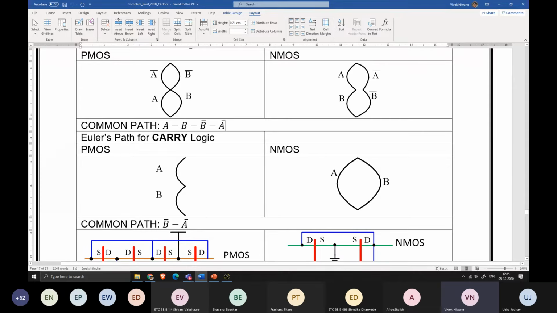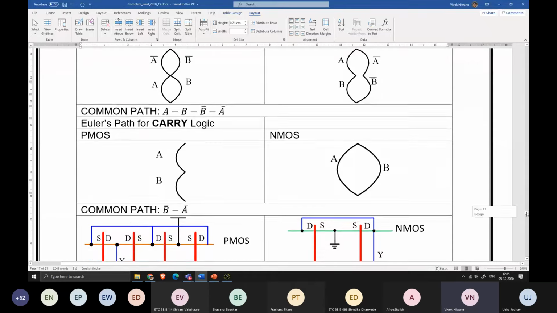ओके, A bar B bar B A, definitely I can go for it. Okay, do remember that very important rule is you can travel one path, one line only once. अगर A को आपने एक बार ट्रैवल कर लिया तो फिर से आप A के थ्रू नहीं जा पाओगे। ओके, every line, every node can be traversed only once, तो उससे आप कॉमन पाथ निकाल सकते हो। अभी यहाँ पे मैंने A B B bar A लिखा है, A B B bar A, so